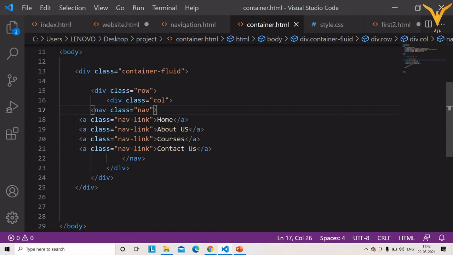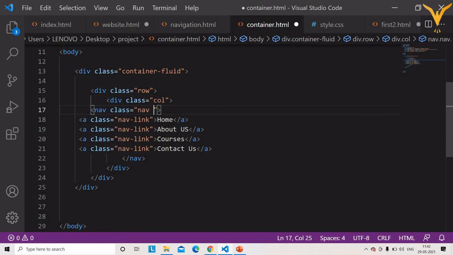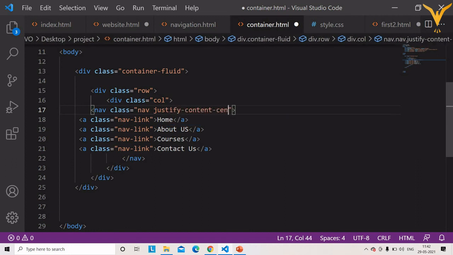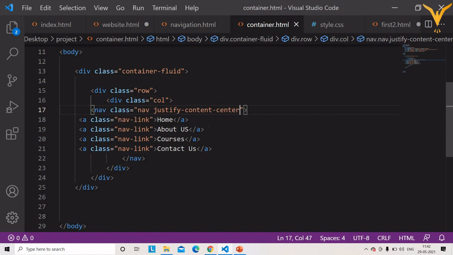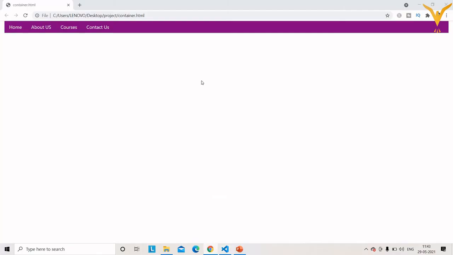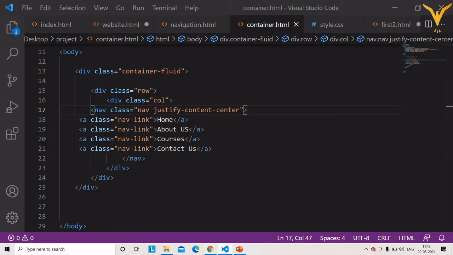Here also, if you want to place the menu bar at the center, you can use justify-content-center. Save it and execute. So the navigation bar is placed at the center. In this way you can create a navigation bar using the nav tag and the UL li tag.